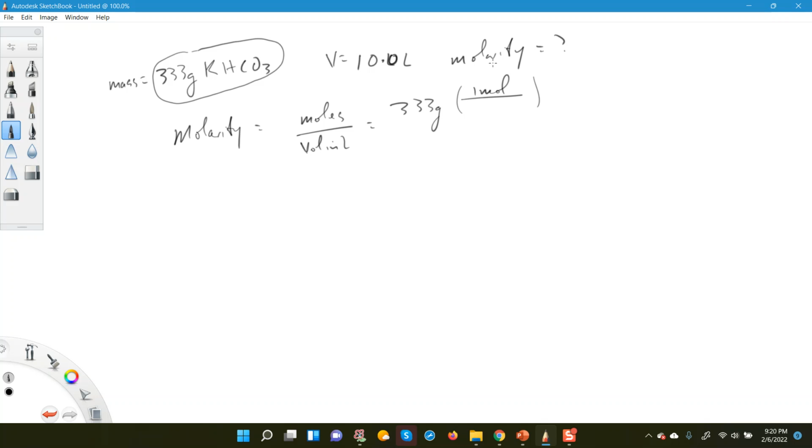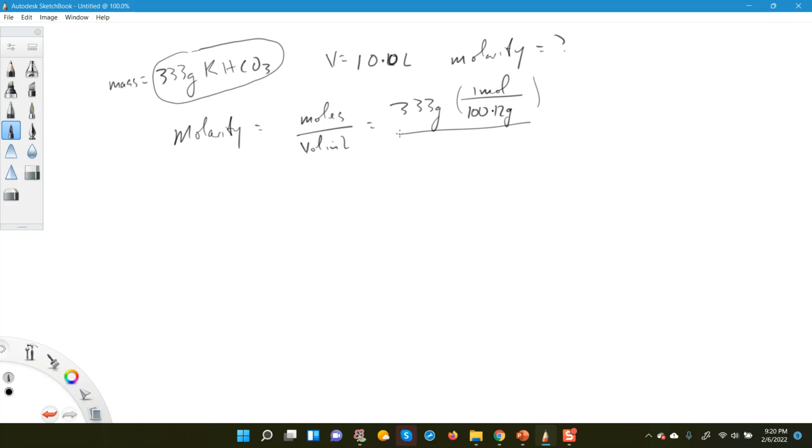So for potassium, it's 39. Hydrogen, it's 1.008. Carbon is 12.01, and oxygen is 16. So according to my calculation, this works out to be equal to 100.12